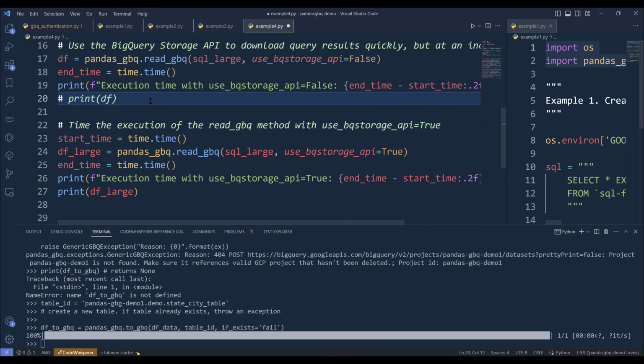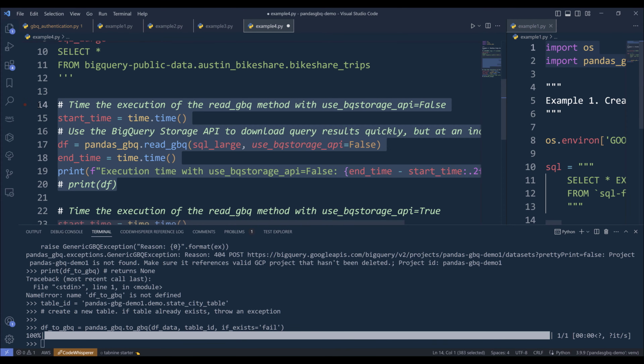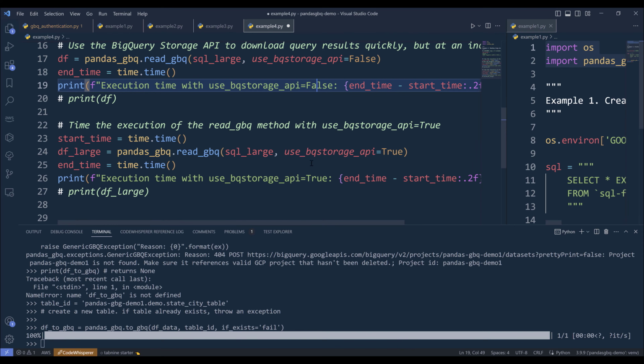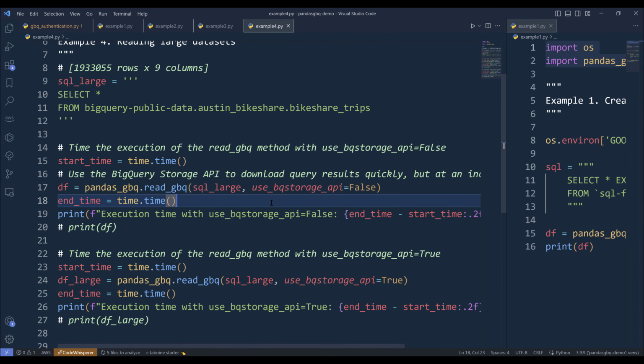Now here I have 2 executions. The first execution is going to load the dataset without using the pyarrow framework. So here I'm going to set the use_bqstorage_api to false. Now for the second execution, since I want to incorporate the pyarrow framework to load the dataset more efficiently, I'm going to set the use_bqstorage_api to true. Now if I press F5 to run the script,